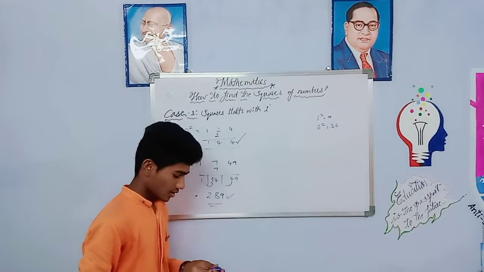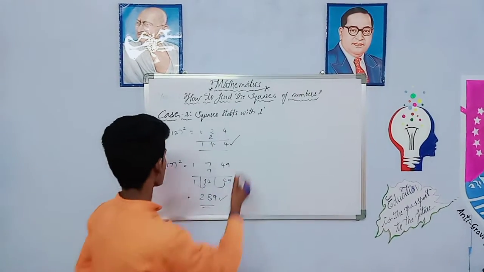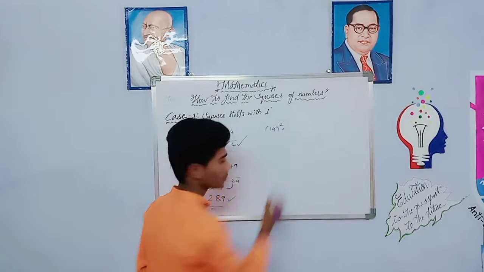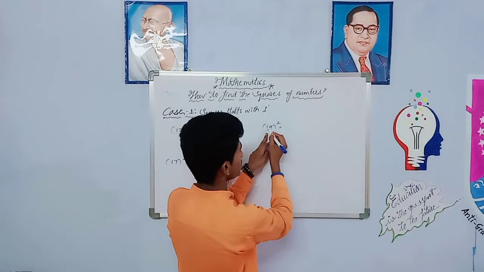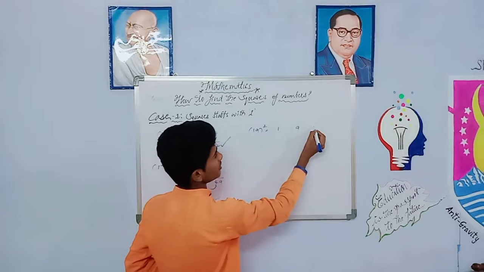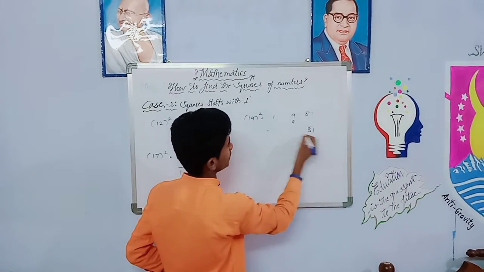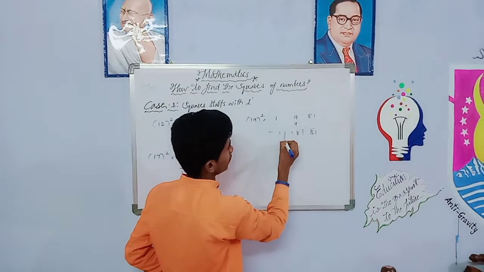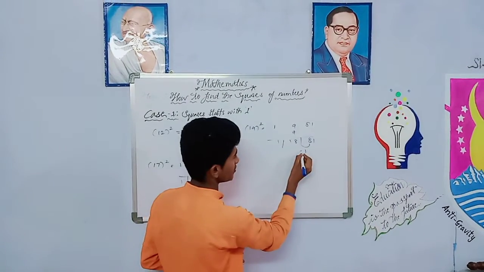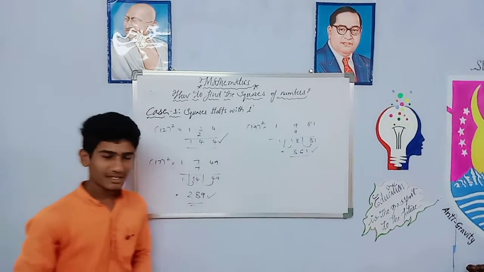Okay, another example we will take. If you take 19 square, starting with 1, write down 9 here, and the last digit you have to square it. 9 square equals 81. In the middle you have to add the same digit, 9 plus 9, 18. Next, carrying, 8 plus 18, 26, you will get 6 and carry 2, so 3. 361 is our answer. Yes or no?